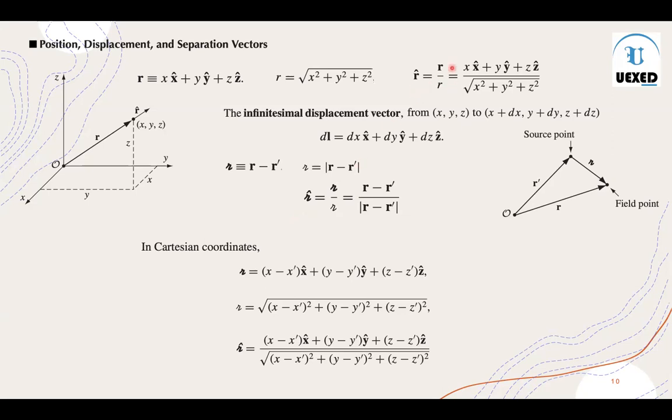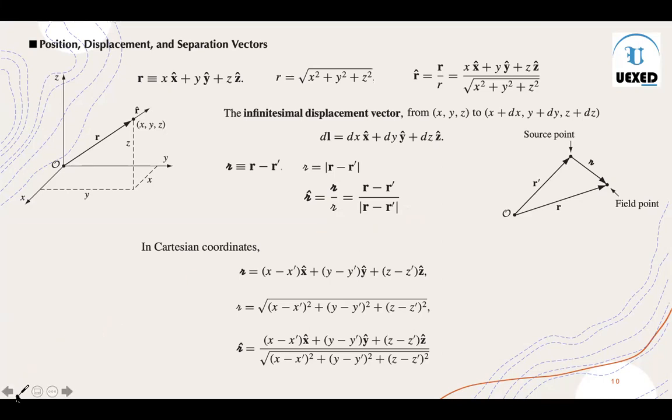So by having this, the unit vector for some position vector is given by the position vector itself divided by the magnitude. So if you have a displacement vector like that, you can always define the unit vector in that direction. In this case, the unit vector is going to be in this direction, which coincides with the direction of this curly r vector. So you can define that this is vector r divided by the magnitude of vector r, which is equal to r minus r prime divided by the magnitude of r minus r prime. So in Cartesian coordinates, simply what you can write.